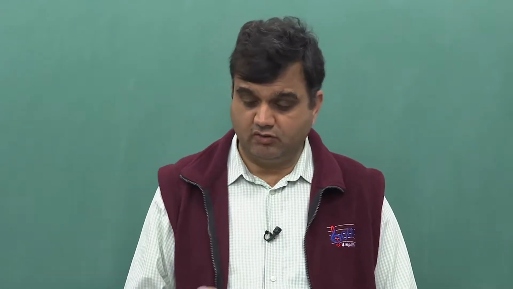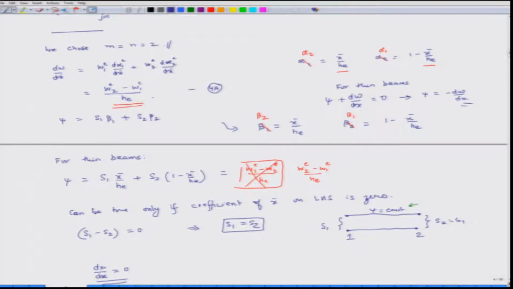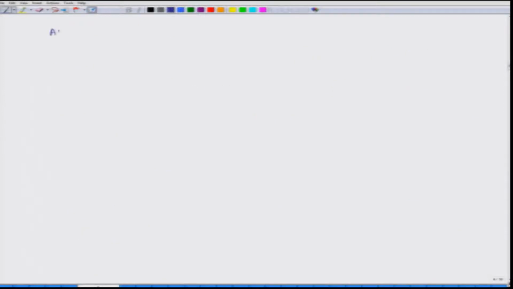Okay. So, we can avoid this problem in two ways. So, we can avoid shear locking in two ways. The first method is that instead of having equal orders, that is m and n are same, we take m as n plus 1. This method is known as consistent interpolation